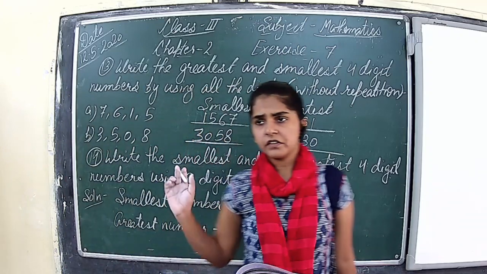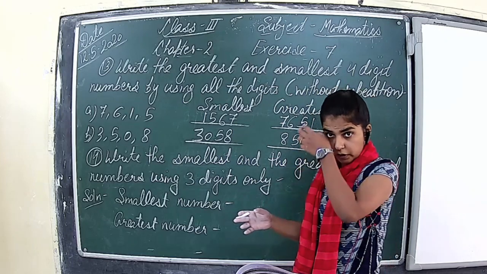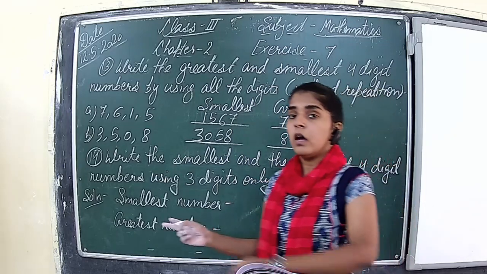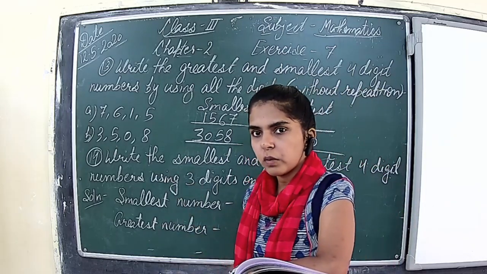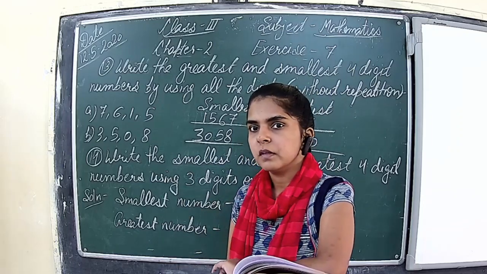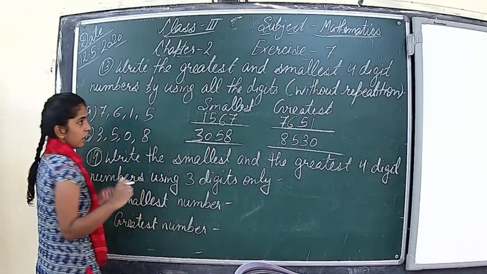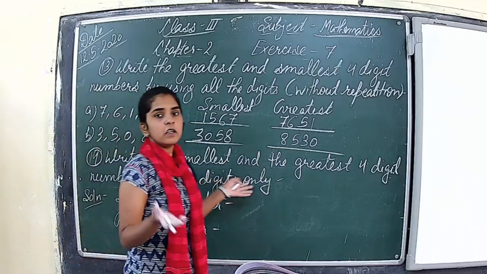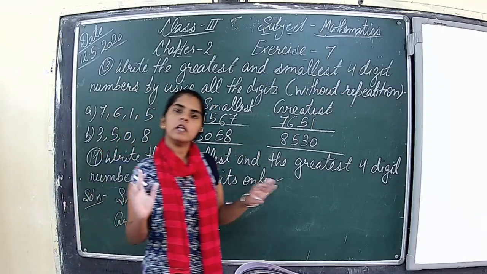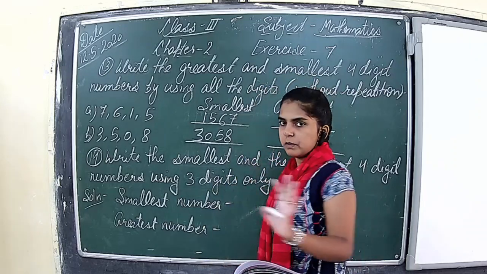What is the question? Let us read it again. Write the smallest and the greatest. We want to write the smallest and the greatest number using the digits. How many digits can we use? We can use 3 digits. So by using 3 digits, how can we form a 4-digit number? Using 3 digits does not mean that we cannot repeat a digit. Is there any mark like 'without repetition'? No. It means we can repeat digits.